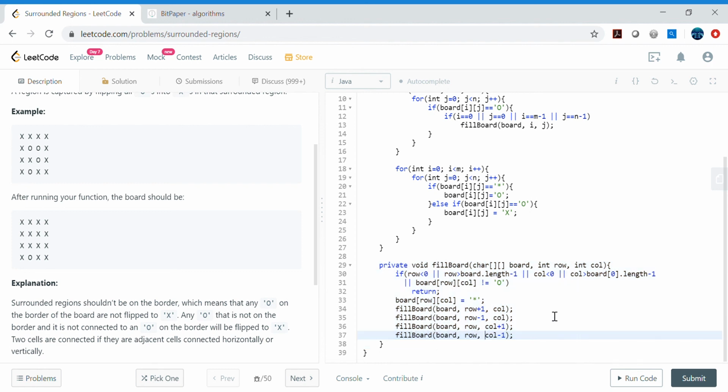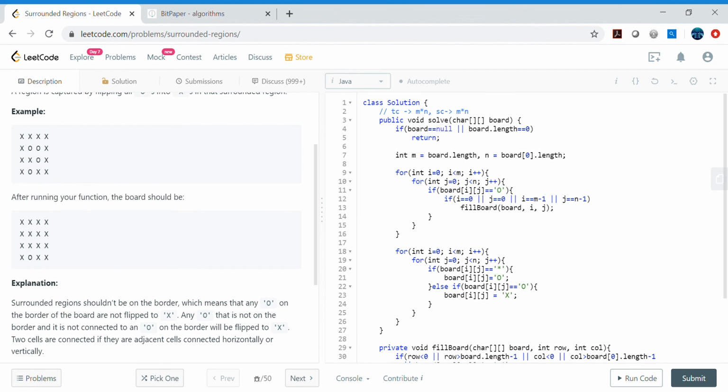You can refer to these. But here the main intention is to explain the strategy for how we are going to solve this problem. The problem is that we need to update only the surrounded O, the O surrounded by X, but not the boundary O. So we cannot touch the boundary O.